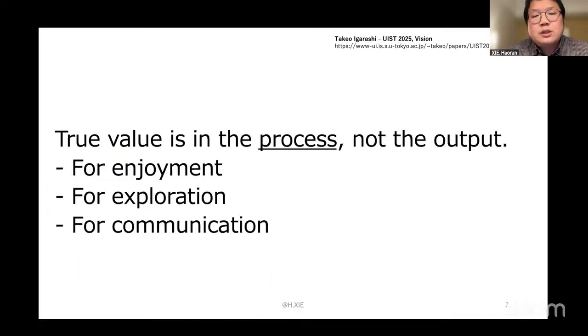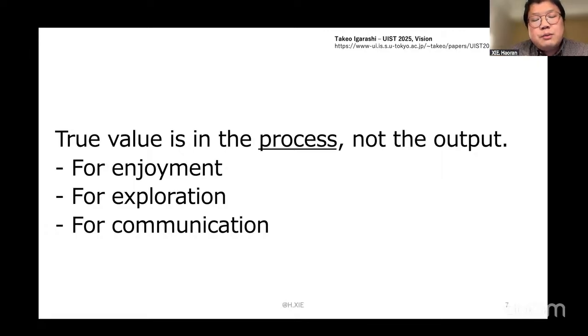Why we focus on this is, and I borrowed one slide here, the true value of content generation is in the process, not only the output. I mean not just the pixels of the image or the video, that is the final result. We need to focus on how to make such content, such an image or such a video.